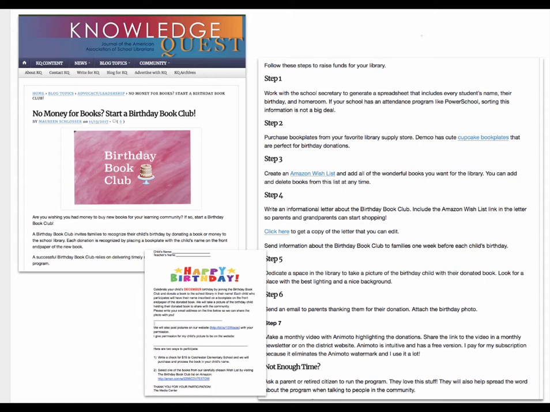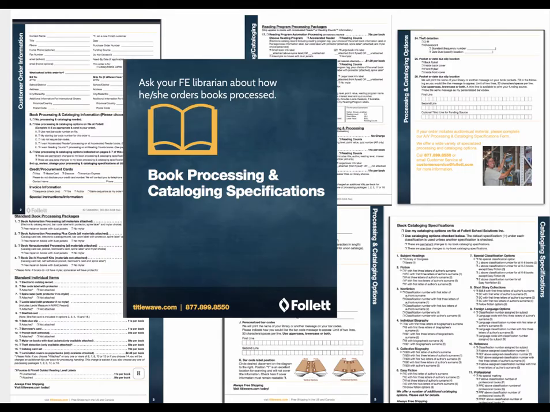So I wanted to show you one manual. This is the manual from Follett. It's not actually a manual. It's a way you order your books. So I would like for you to talk to your field experience librarian at some point, if you haven't yet, about this, and see how books are ordered and what choices he or she makes when they order processed books. There are some districts that only order books processed, and one of the issues is when you're faced with some lovely gifts, can you afford the time to have them processed?